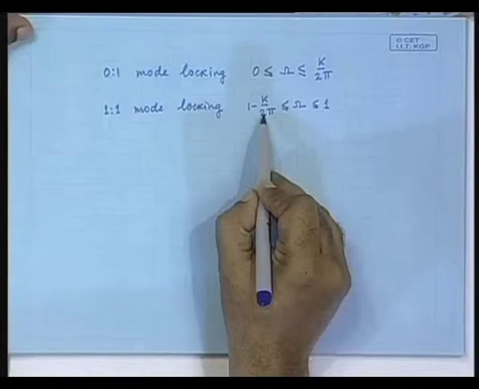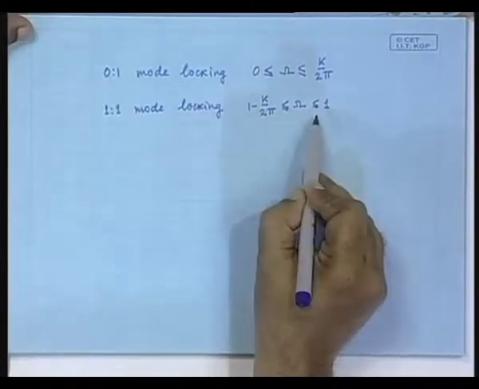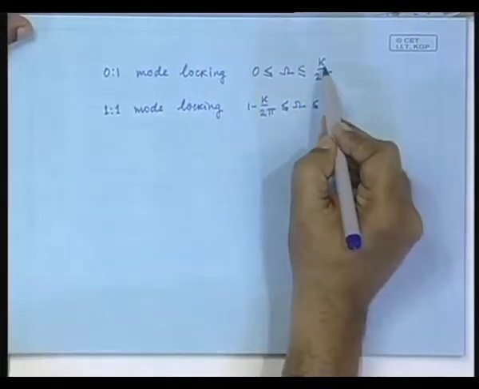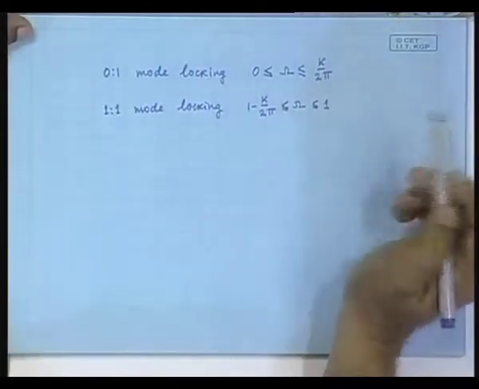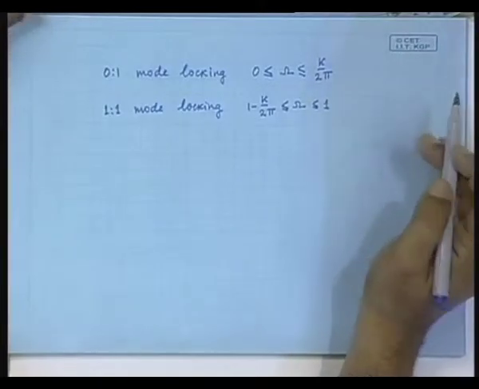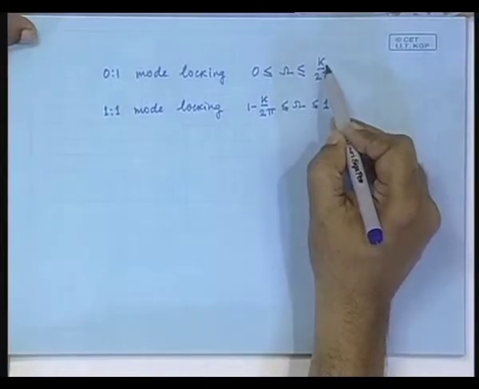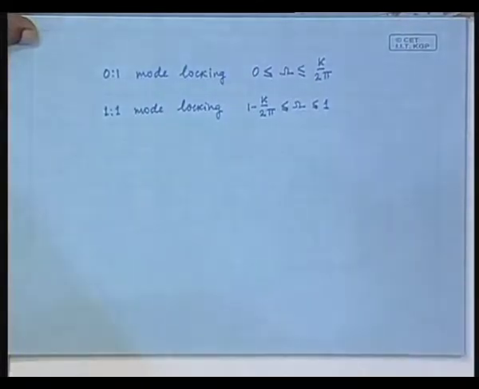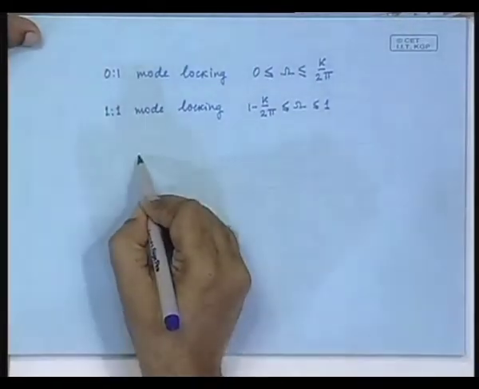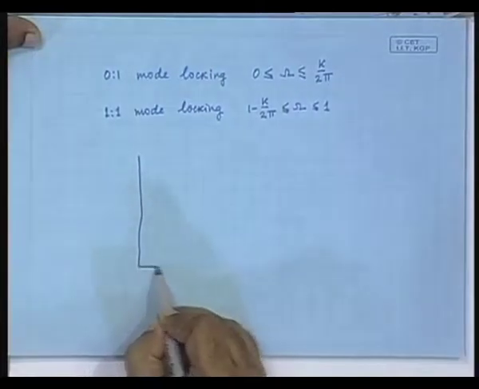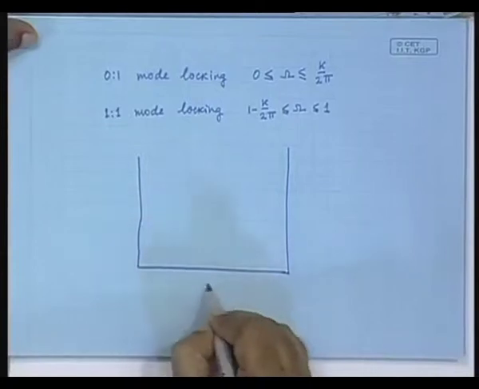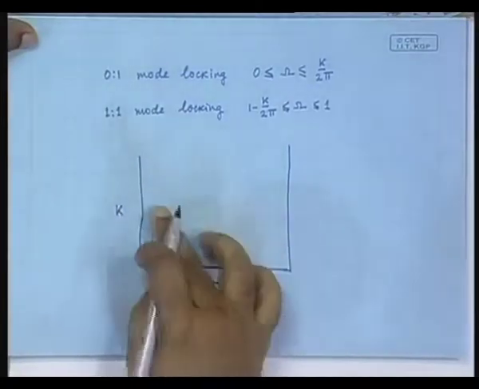If k is equal to 0, no range, but as k is increased, you get some range, and if k is equal to 0, you get a lot of range. Okay. Now k is equal to 1, you get some range for this one and some range for this one. And it is customary to visualize this as a graph in the omega versus k plane,